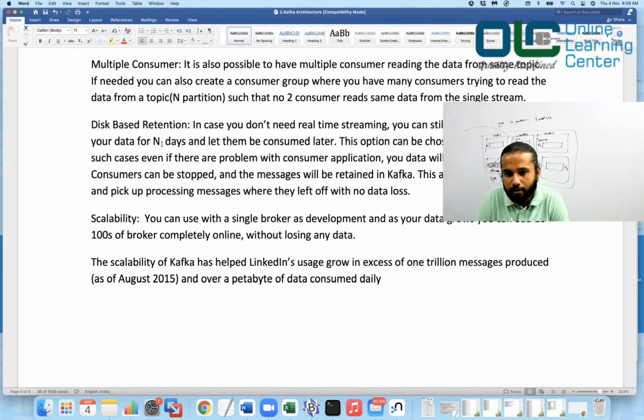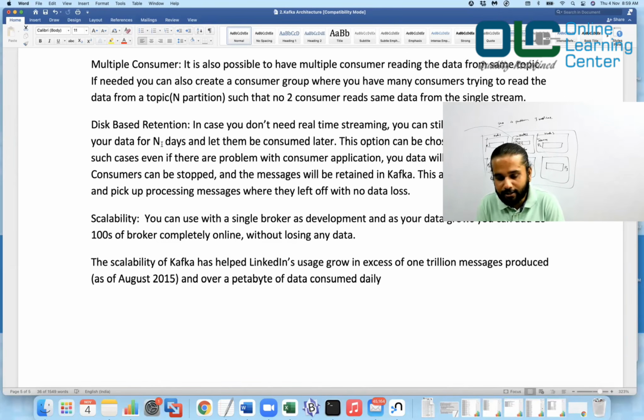Think about this. A few topics will have a lot of messages, and you want more than one consumer to read those messages. But then you also want to make sure that no two consumers are processing the same order two times. In that case, you will create a consumer group, and you may say, let me assign 5 different consumers. And when you say consumer, these are all Java programs. I'll show you that practically, then you will understand it 200%. Don't worry about this. So consumers are Java code.